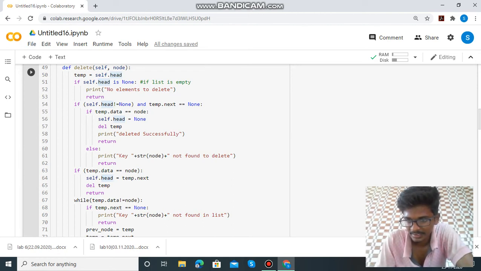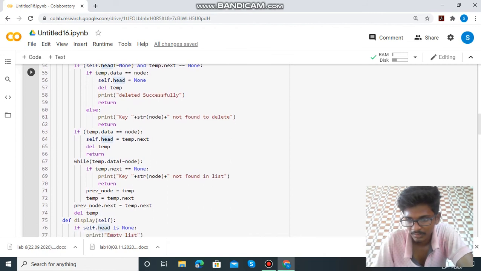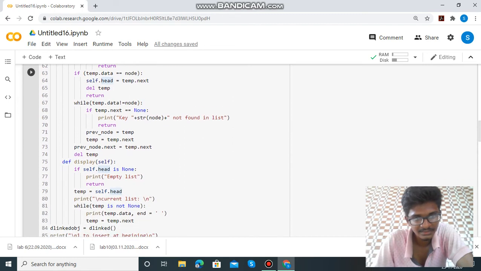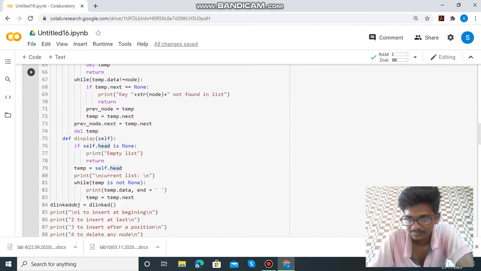If temp dot next data equal to value, head equal to temp dot next and it returns. While temp is not None, if temp is None at the last node, then print key not found and return. Once found, update the next field of the previous node with the next field of the node: previous node dot next equal to temp dot next.